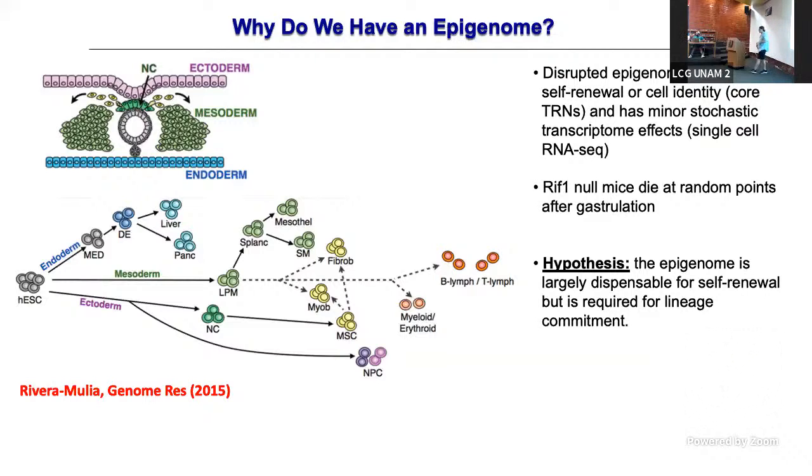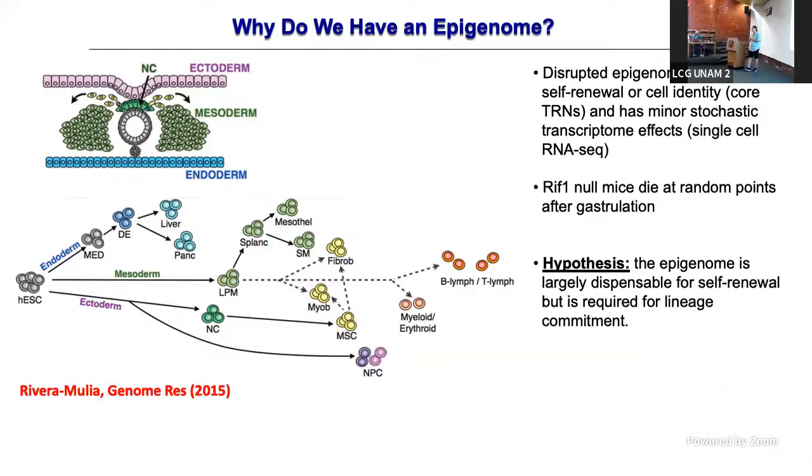And we have over many years, I had a 10-year program project grant where we developed methods to differentiate human embryonic stem cells into all sorts of different cell types. And we can see various intermediates going to pancreas and liver, et cetera. So what we would predict is that there's going to be a critical point where the replication timing program is going to be important. And using the systems that we have, we can knock RIF1 out, and then we can bring it back later.